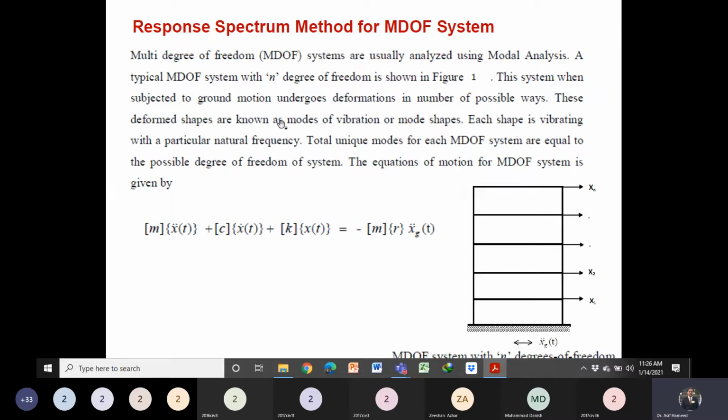Suppose we have, look at this. I hope you can see this, the hand symbol of the mouse. Yes sir. Suppose we have the cantilever frame here. This beam is cantilever. We have a column here. This is fixed at the base. We have a mass here at the free end.